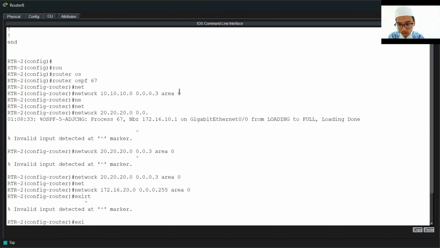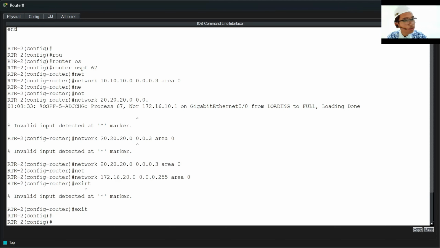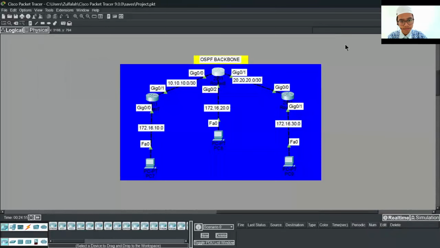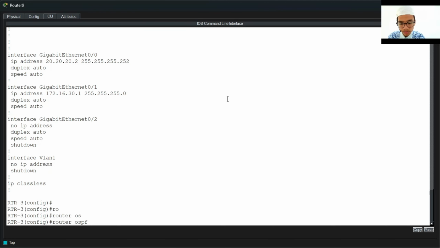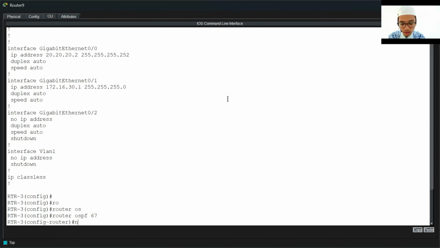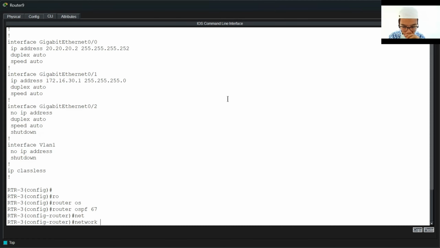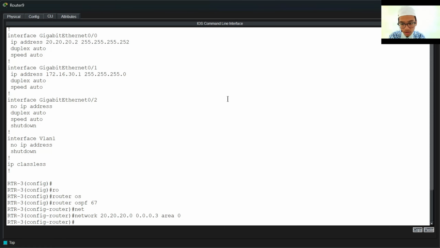Okay, after that we go to router 3. Router ospf process ID 67, and add the network that router 3 has, that is 20.20.20.0 and the wildcard for /30, that is 0.0.0.3, and the area 0.